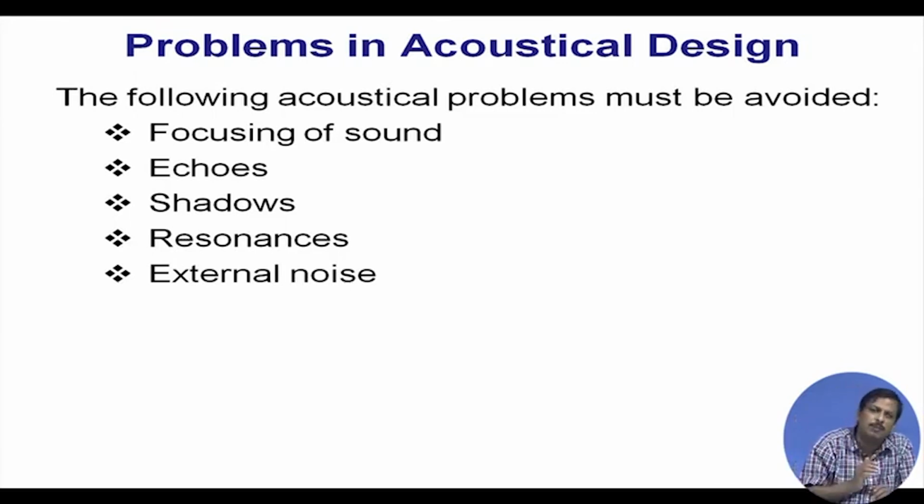So, let us say the auditorium is huge, a large auditorium, and the far end is very lengthy, then maybe the reflection comes in more than 65 milliseconds. I do not want any reflection to come after more than 65 milliseconds. So, all the far end must be treated with an absorptive material which can absorb most of the intensity of the sound. So, the reflection intensity will be greatly reduced, so that there will be no echo.